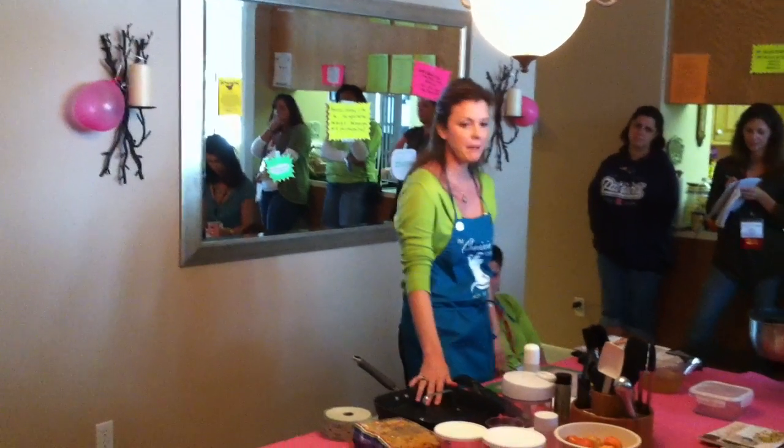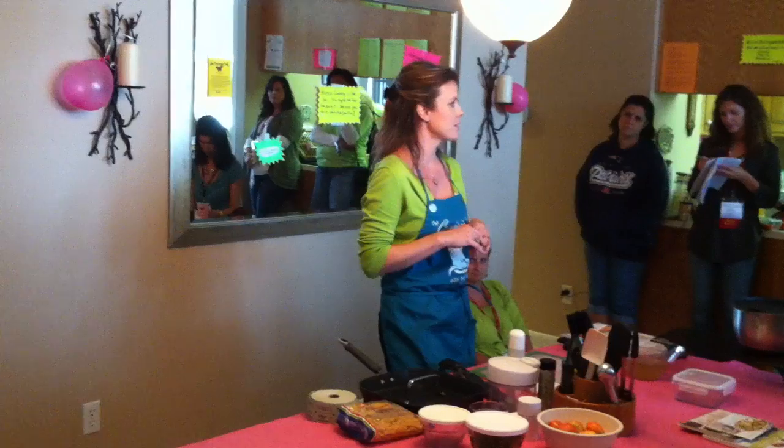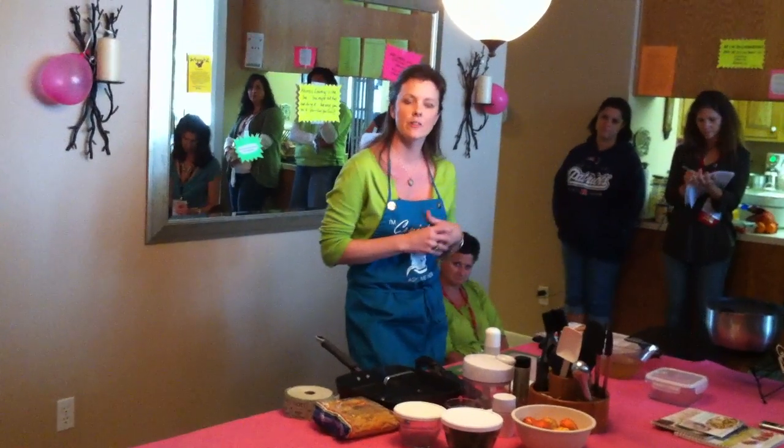So, pots and pans, your first power tool. A lot of our pots and pans are wobbling around the stove top. The handles get hot. The coating's coming off. We get awful results. I just want